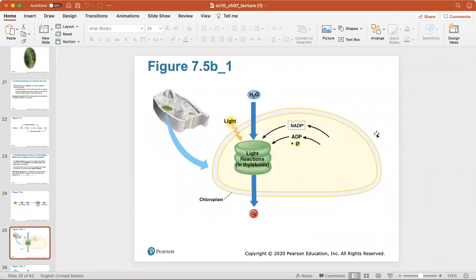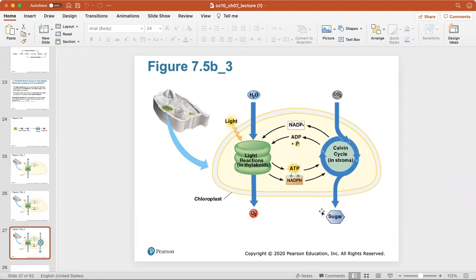All right, so here's just another look at what happens within these chloroplasts of a plant cell. So water comes into the chloroplasts, along with energy from the sun. They travel into these thylakoids where these light reactions occur, and out comes oxygen,